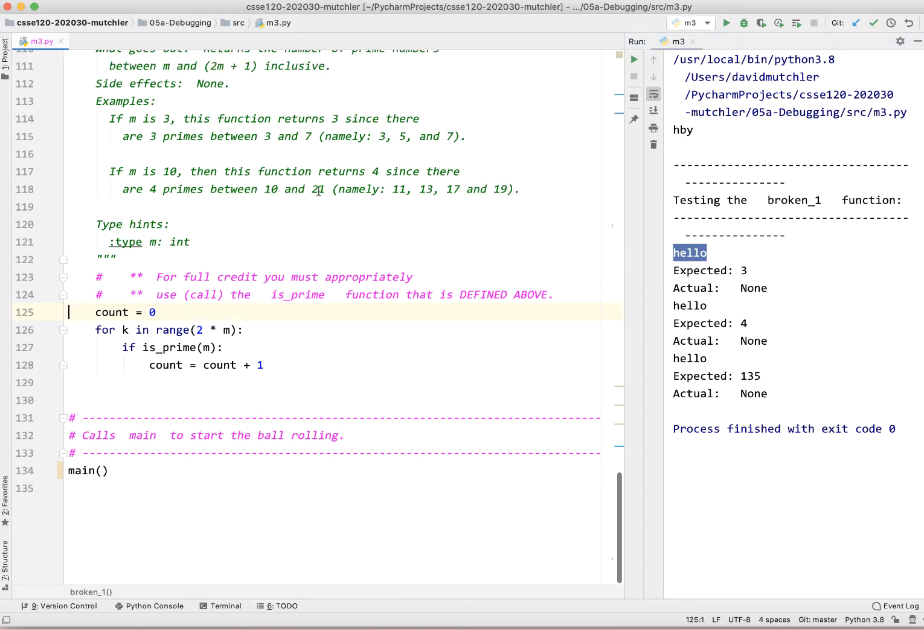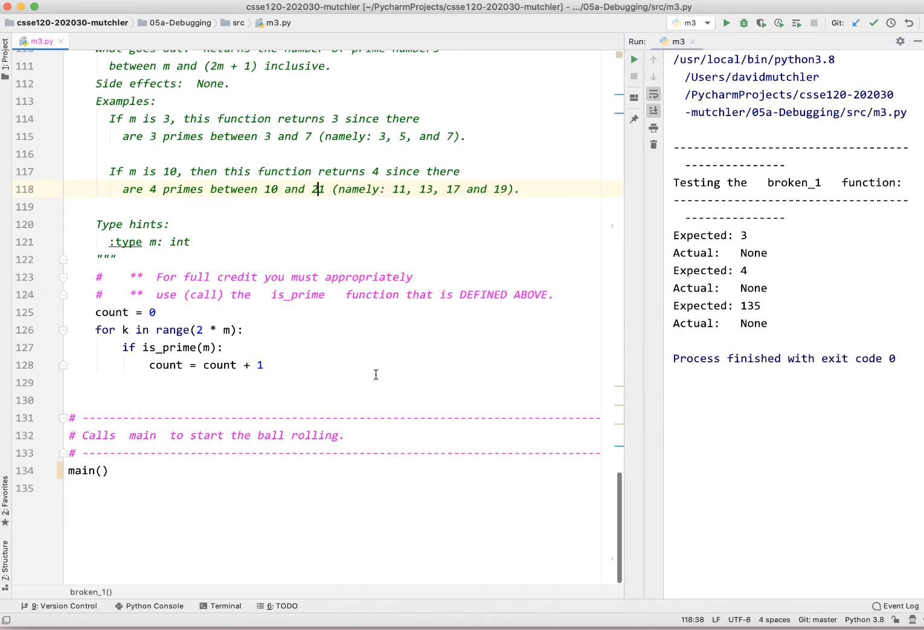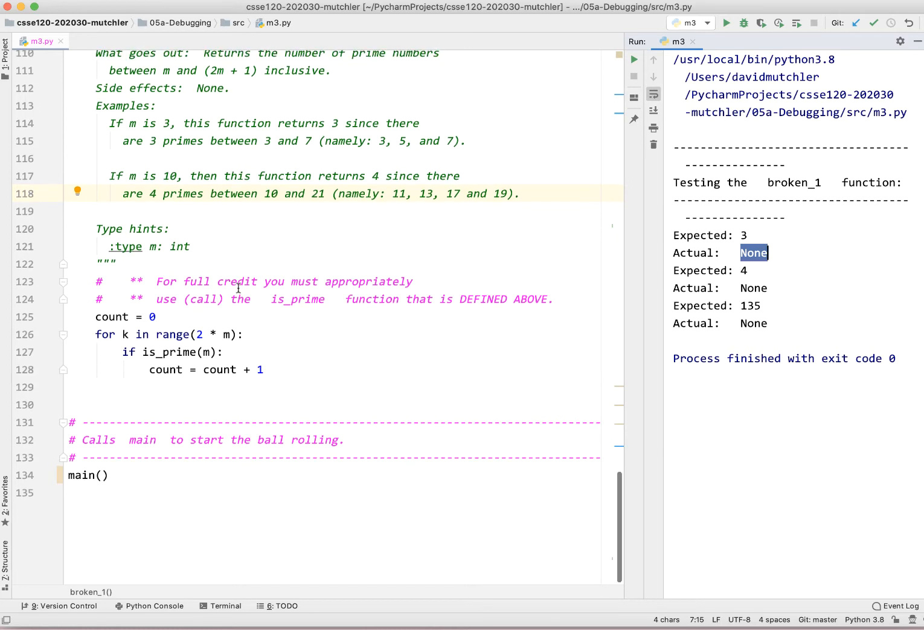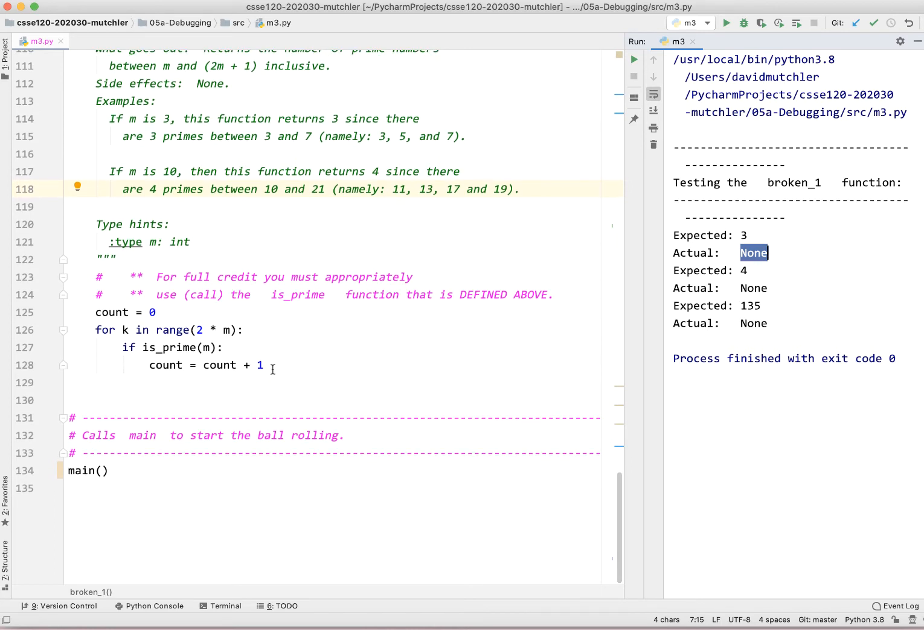So I'm going to do that and run again so we have a clean slate. There we go. We expected 3, but the actual was None. When it says the actual is None, that means that the function being called, being tested in this case, does not explicitly return a value, because if the function doesn't explicitly return something, it implicitly returns the special symbol None